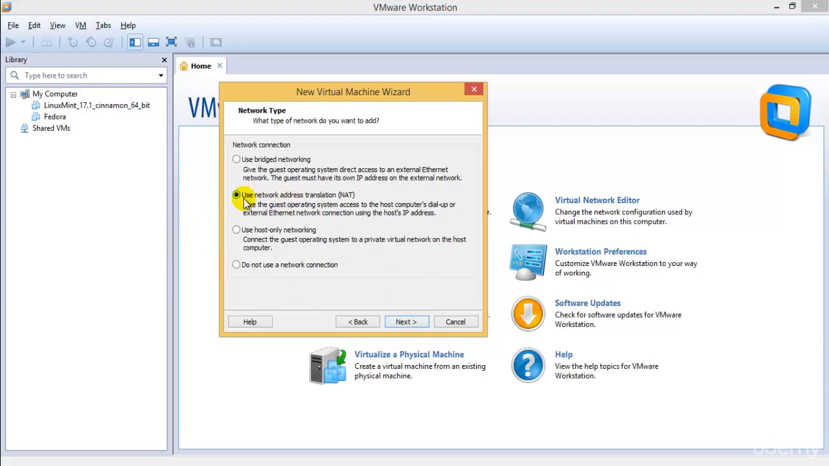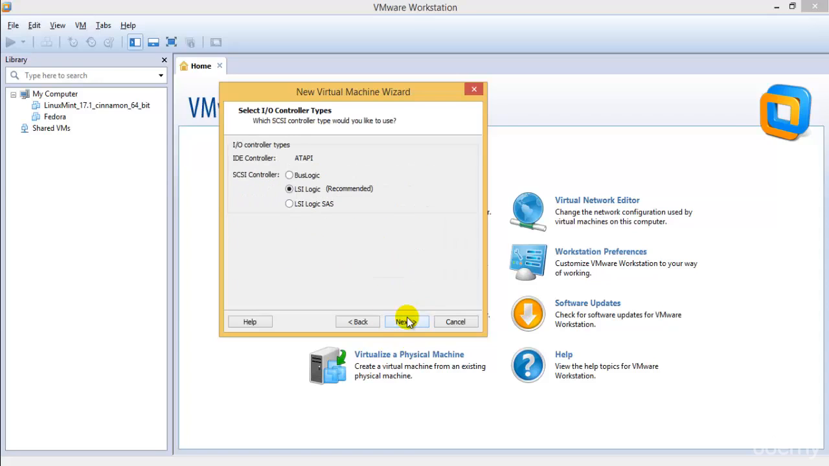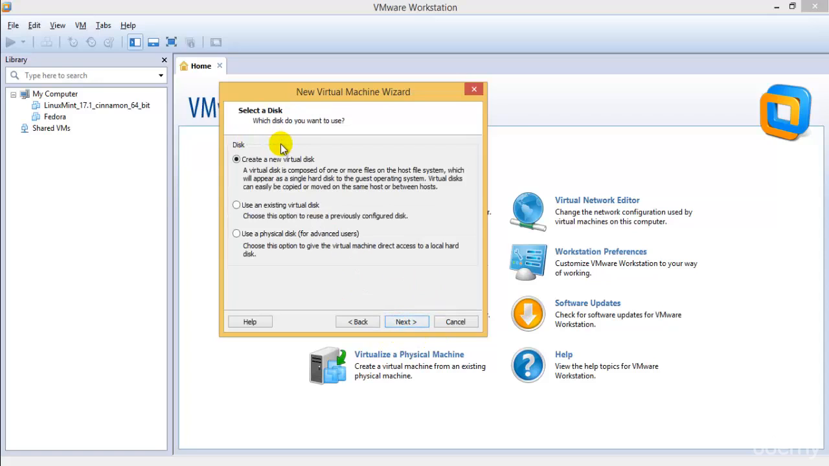So always use network address translation, that's the NAT connection, because if you use bridged networking, then the guest must have its own IP address on the external network, else it won't work. If you use host-only, then it will only connect to the host network. So we would be using NAT, since we need to connect each and every other operating system we have. Click next. We don't have anything to do with this, just click next and create a new virtual